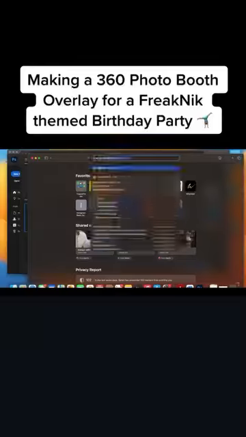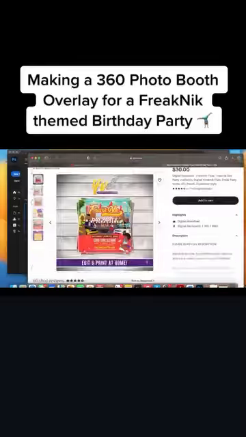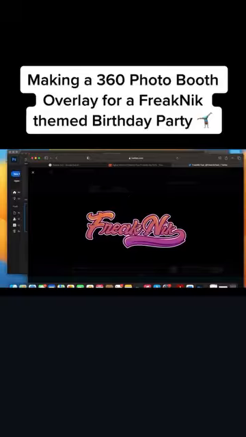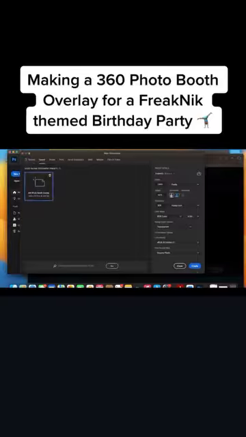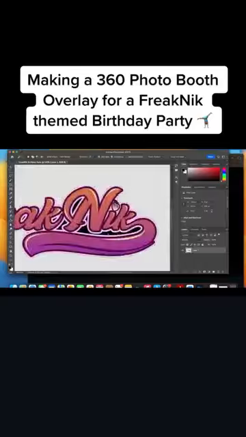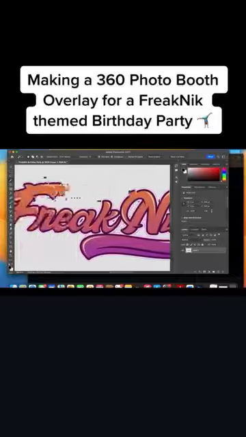Now, y'all know I'm nobody's graphic designer, but I was booked to do a job and I'm about to do it damn well. So watch me slay this FreakNik-themed overlay for my next 360 photo booth booking. The first thing I did was go to Etsy for a little bit of inspo and then Google searched FreakNik fonts